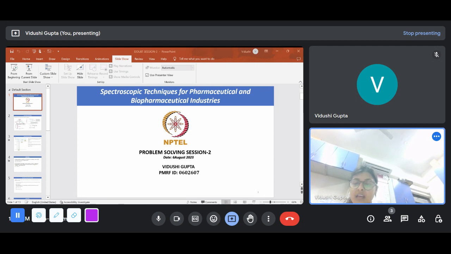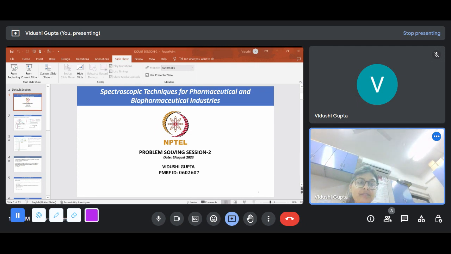Here n is 3 and here is 4. So we have to calculate the second line of Balmer series. First line will be from n equals to 3 to n equals to 2, and second line will be from n equals to 4 to n equals to 2. So substitute the value here,